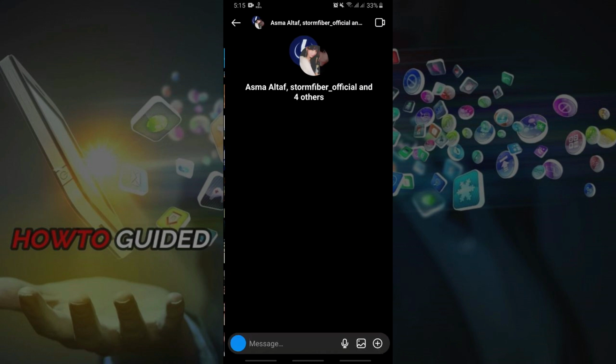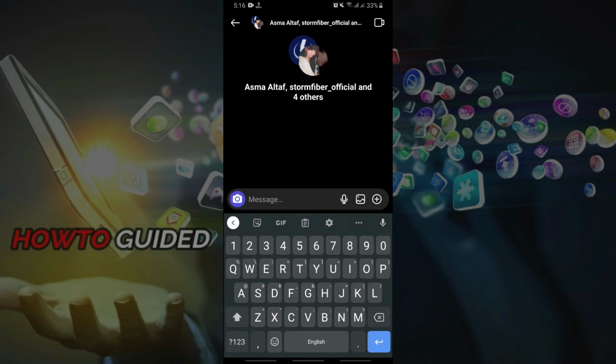I will click on the chat, and now this group is made, and whoever is involved in this group can send messages to one another. So this is the simple process of making a group, and I don't want to send a message so they cannot be disturbed. So this is just for educational purposes. So I have shown you that you can make a group on Instagram like this, and this is the simple